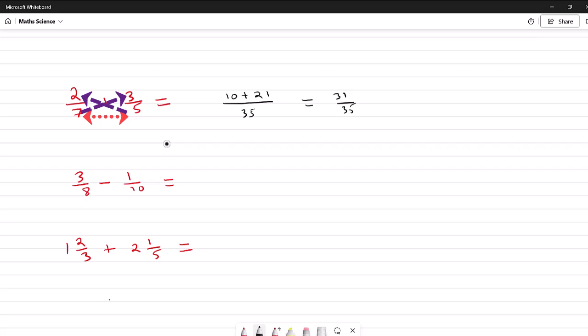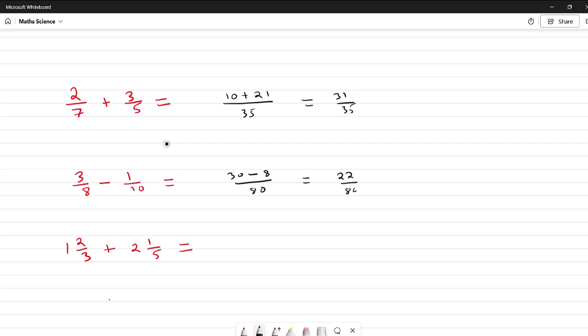Now let's solve our second one. Same thing, we're going to multiply the denominators. So 10 times 8 is 80. And then we're going to multiply 10 with 3, which gives us 30. We're going to carry the symbol here, which is a subtraction symbol. So minus, and then 8 times 1 is 8. And this just becomes 30 minus 8, which is 22